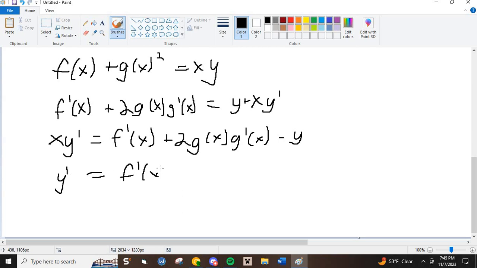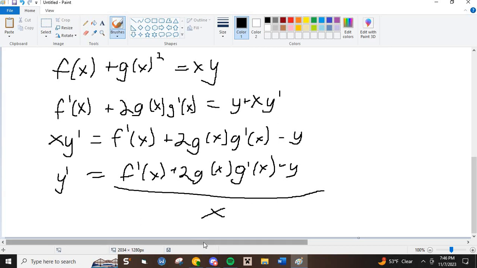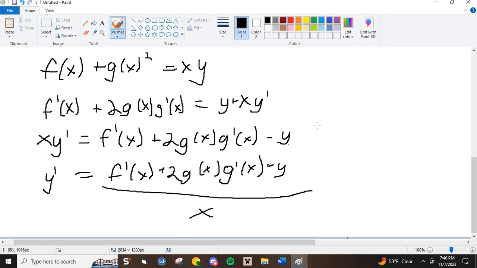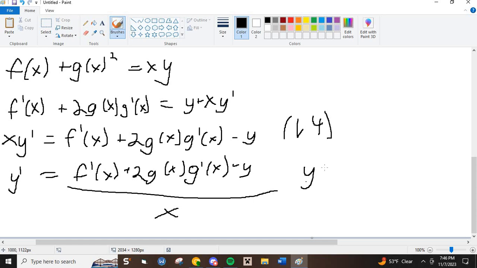It's that simple. All over x. And so they want you to find it at the point (1, 4). So all you're going to do is plug in 1 whenever you see x, and you plug in 4 whenever you see y. And so y prime